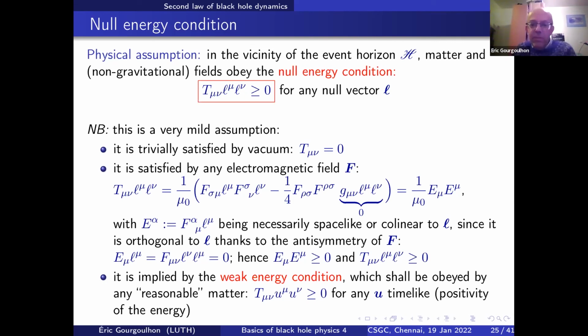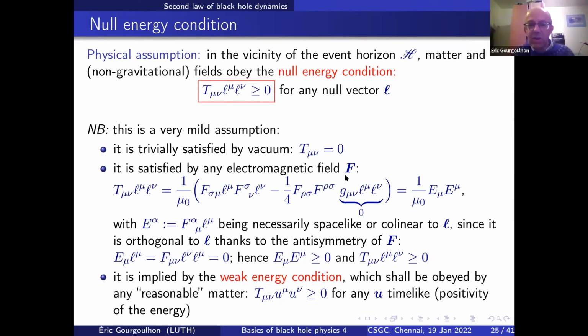First of all, we may notice that it is trivially satisfied in vacuum. So if we consider a black hole and vacuum on the event horizon, because here we are considering the evolution of the event horizon, then even if there is matter around the black hole, for instance an accretion disk, it could be that close to the event horizon there is no matter at all. So we are in vacuum, and then this identity is trivially satisfied. It is satisfied, as I said, for many types of matter, and also by the electromagnetic field.